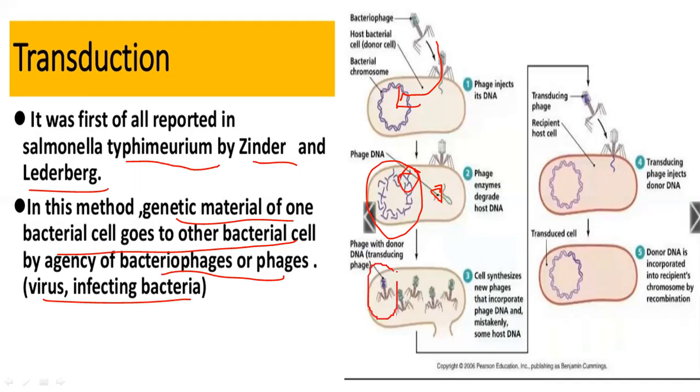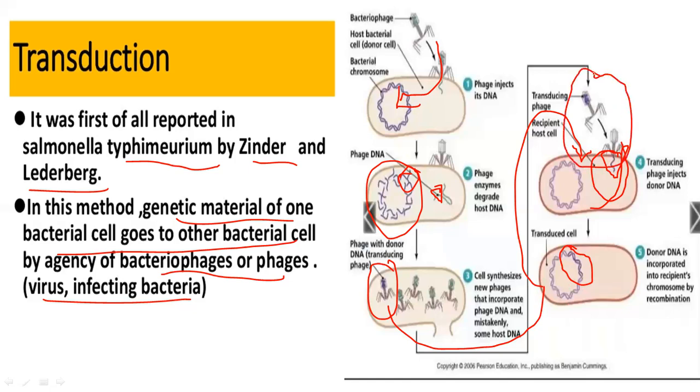So they take that DNA, and when the phage sits on a healthy bacterium at this position, the bacteriophage transfers the transduced DNA into the genome of another bacterium. The genetic information of the previous bacterium is now transferred to another bacterium by this third party, the bacteriophage. Only viruses can attack bacteria, because viruses are much smaller than bacteria.